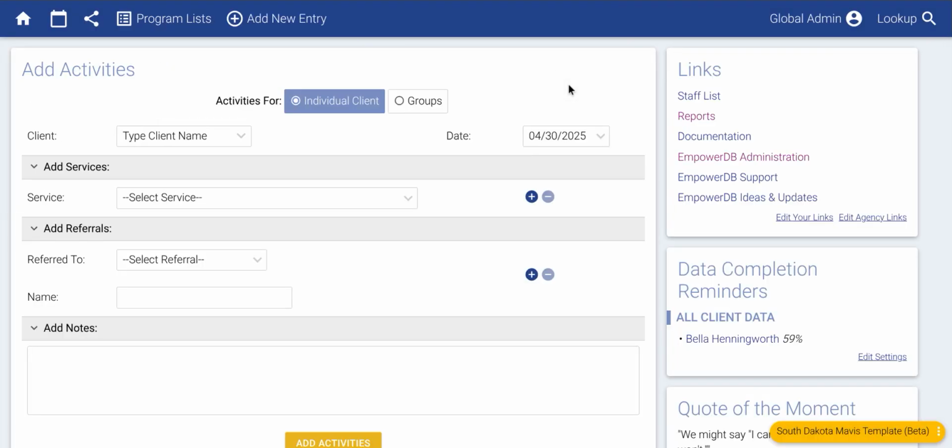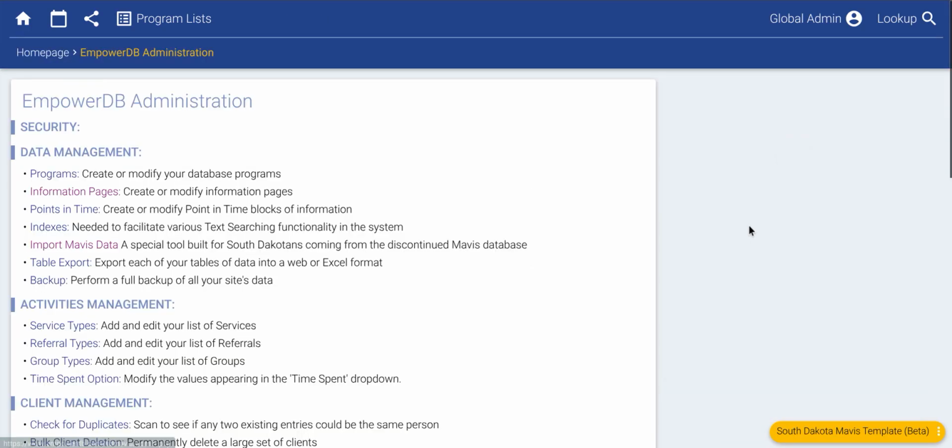That is all you need to know about how to use this database. So if you are not an administrator, then you can feel free to just cut out this video now. You don't have to watch the rest. If you are an administrator, I'm going to tell you now how to load in your data from the South Dakota Mavis system, and then how to change some things, even the things that you can change on our free template. Okay, administrators will have this EmpowerDB administration link on their homepage here,